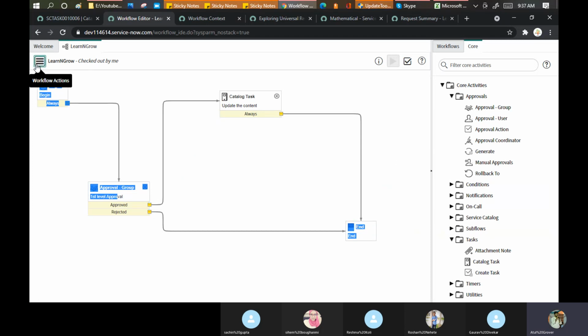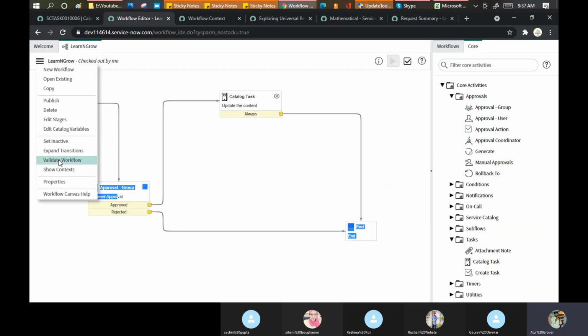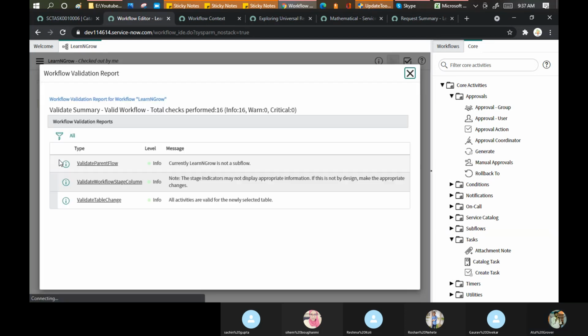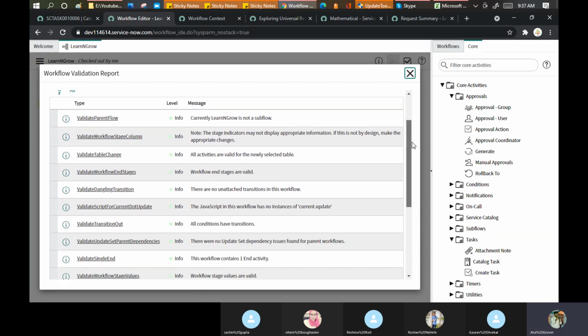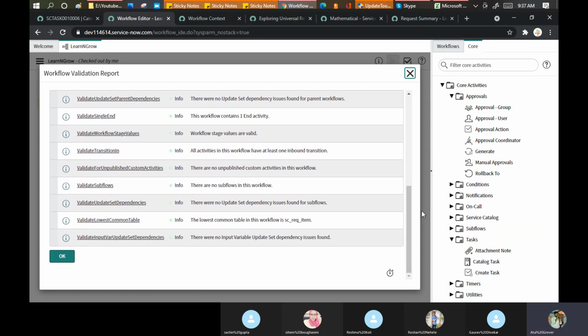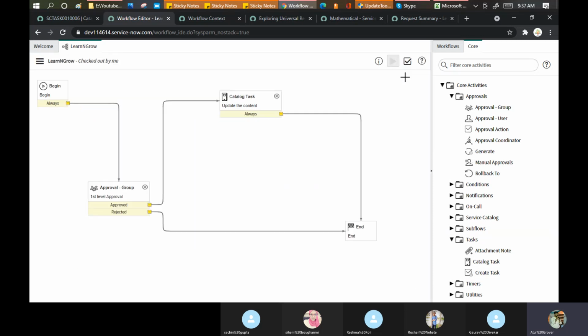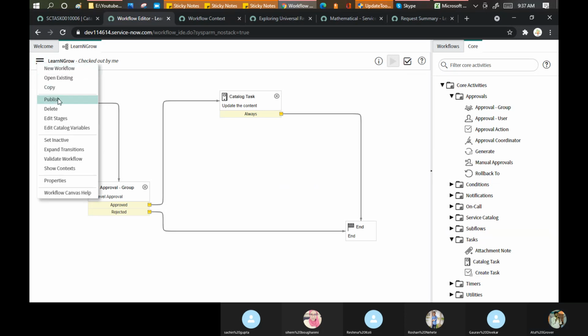Now, if I go here and validate my workflow, there is only info, no warning. See, there is no warning. It means I have done the minimum expected part to run my workflow. Now I'll just publish this so that I can map my RITM on this particular level.